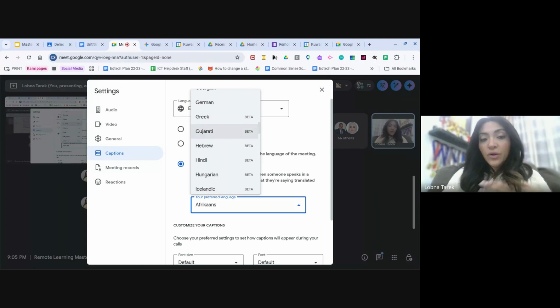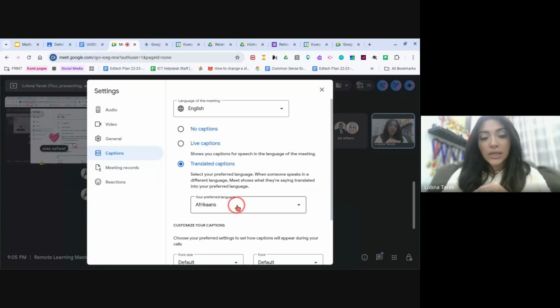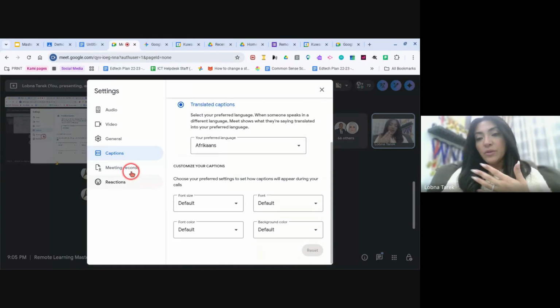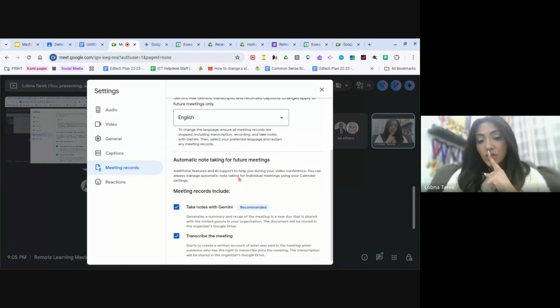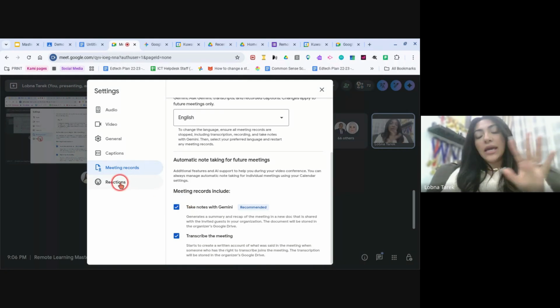Did you get my point? Okay, so that is a cool option. So maybe later they are going to be adding this as a free option. So here's the meeting records, okay, that you can adjust as well. And here, taking notes with Gemini, again, is not a free option. It is for the plus accounts. And the last one is the